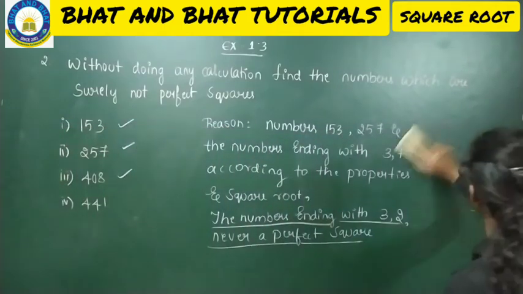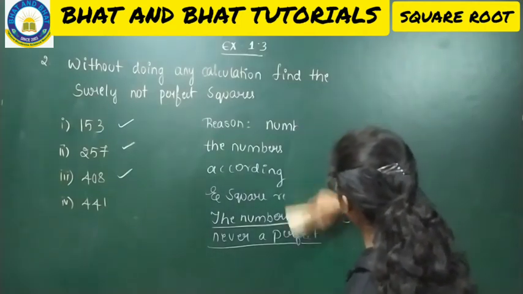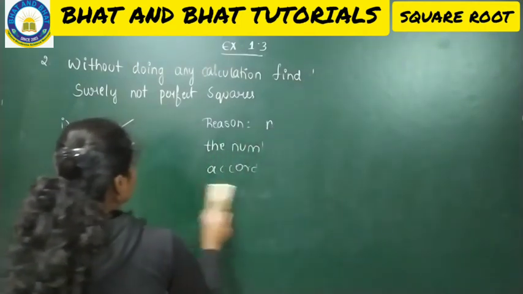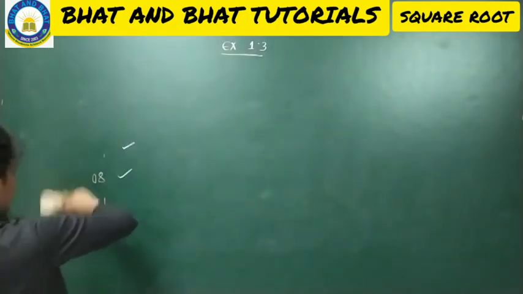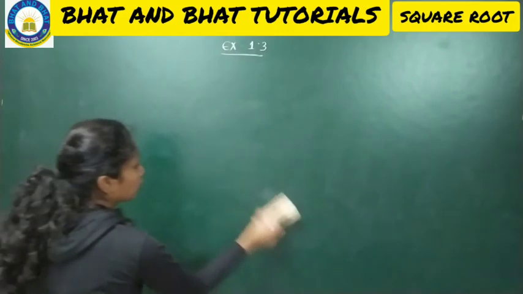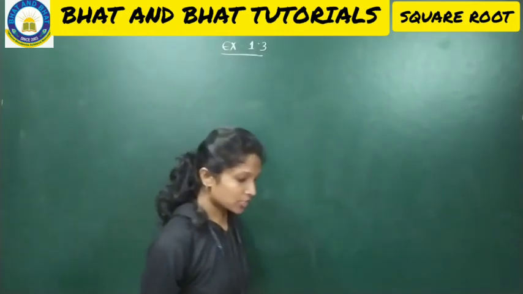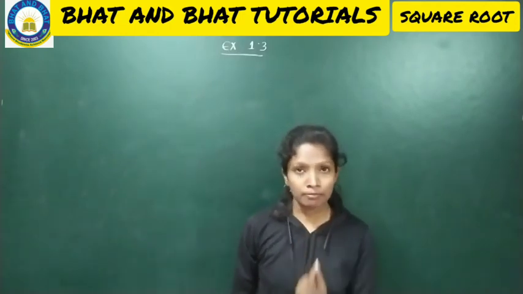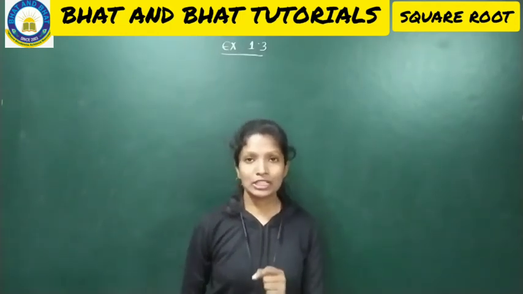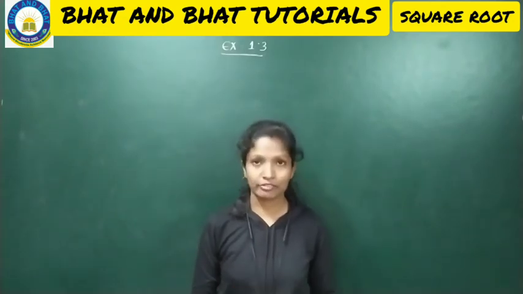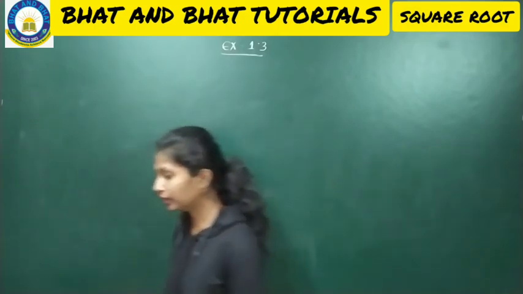We'll just move on to the third question. So before going on to the third question, I want to teach you one of the concepts in square root. I think we have not studied that. Let me teach you that concept and then we'll move on to question number 3. So the concept is like this. We will be finding the square root with repeated subtraction. So in the subtraction method also we can find the square root. So how to find the square root? We will learn that. Okay.